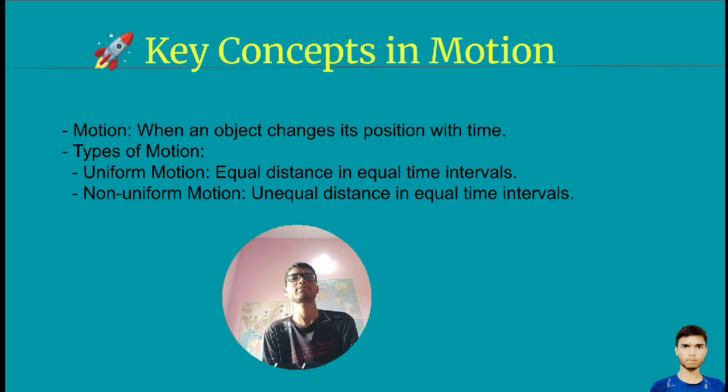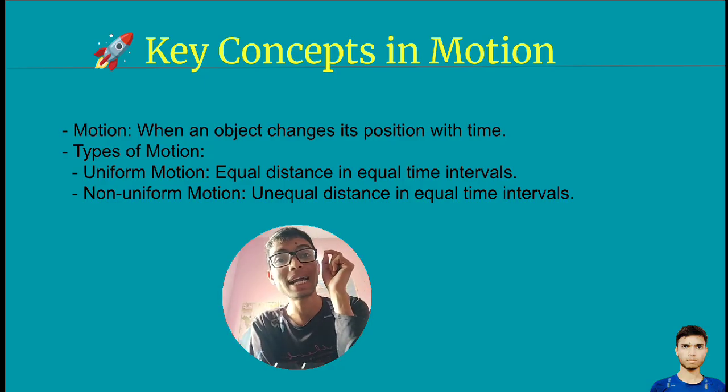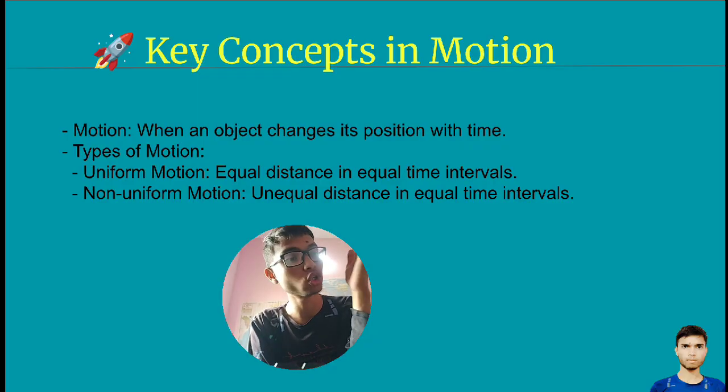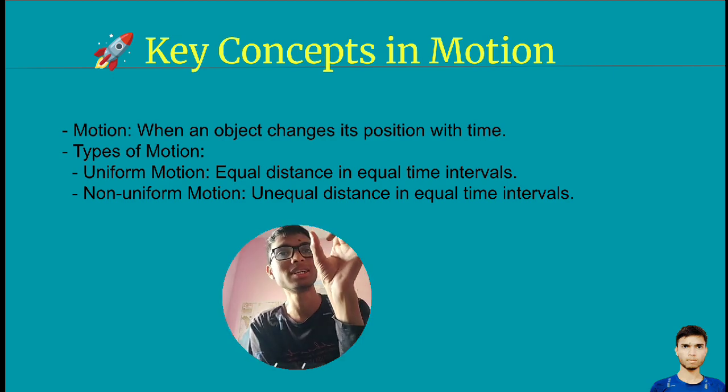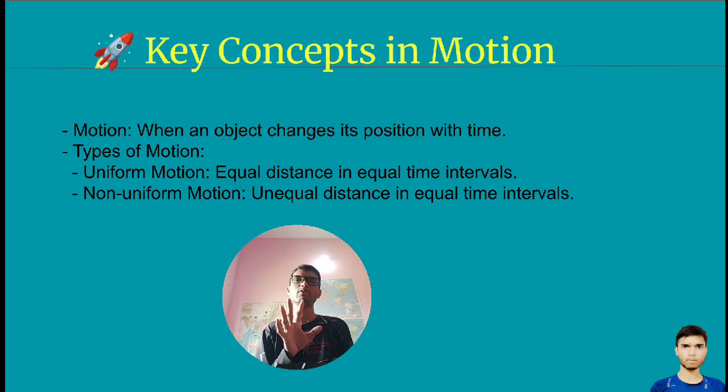Remember. Clear? Okay. Whether it is a vehicle or any object which is moving, if the speed of that object is uniform, the same or constant, then the motion of that object will be considered as uniform motion. That's it. If something is changing,